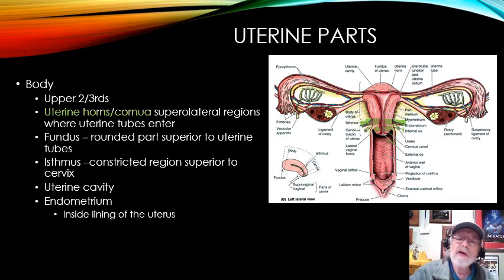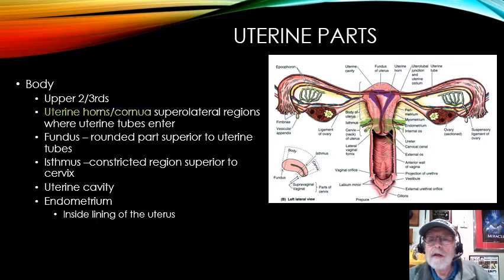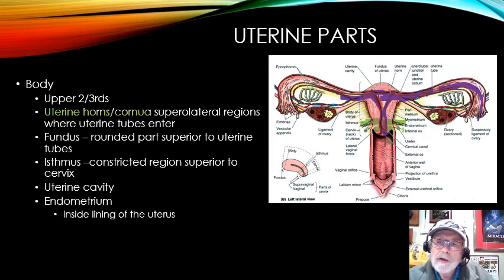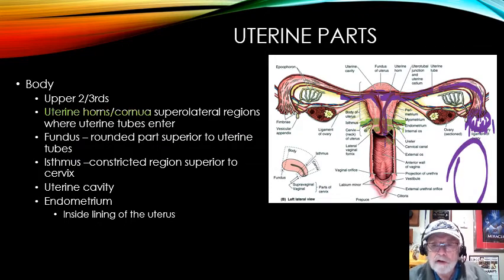Now the other thing we have to look at is the uterine cavity. Here's the uterine cavity, and it's open to the outside. It's open through the endocervical canal, and it's open through the fallopian tubes, which come down this way. And now here's a key. The ends of the fallopian tubes are open, and we'll talk about this in a little bit. There are little fingers that hang down there called fimbria. This area right down here is open to the inside of the abdominal cavity. So what this means is the female peritoneal cavity is open to the external environment. The male abdominal cavity, you can't get in.